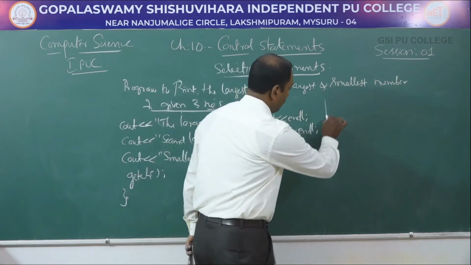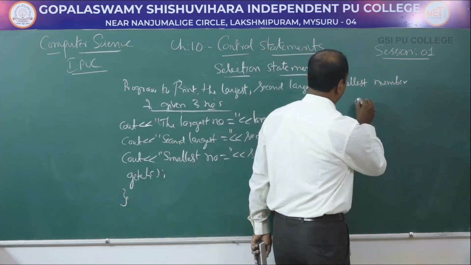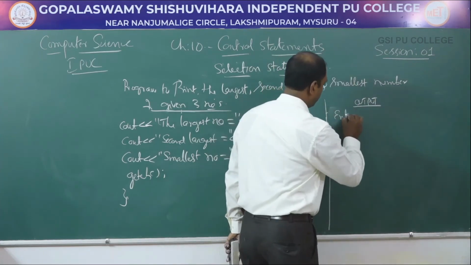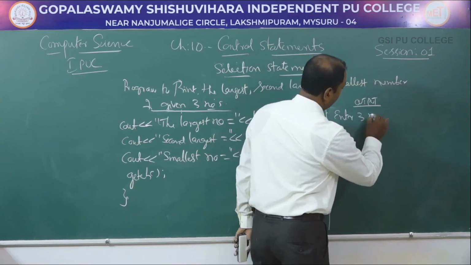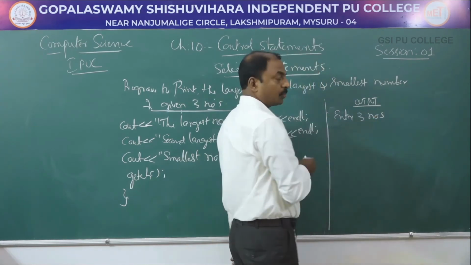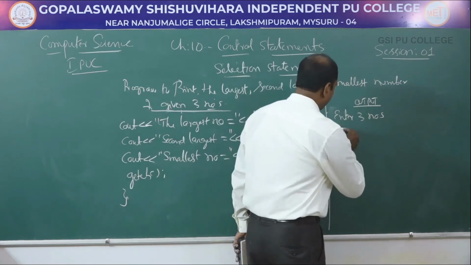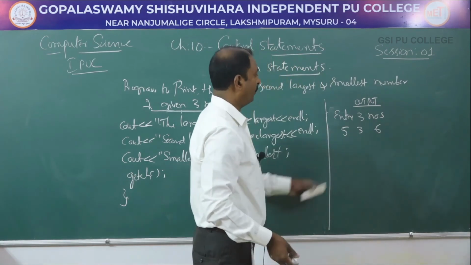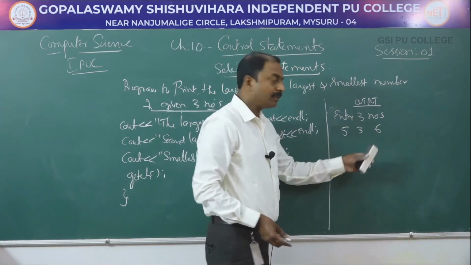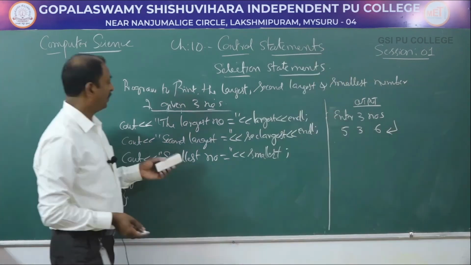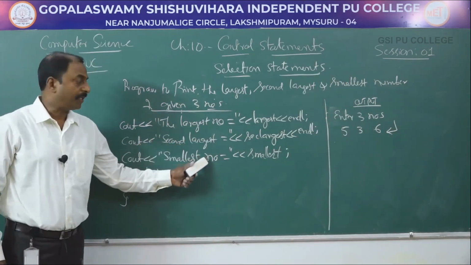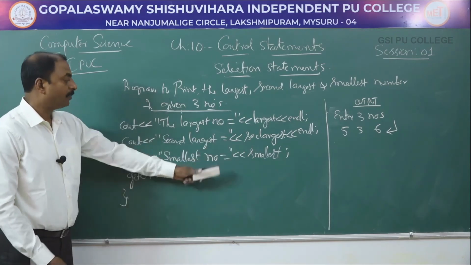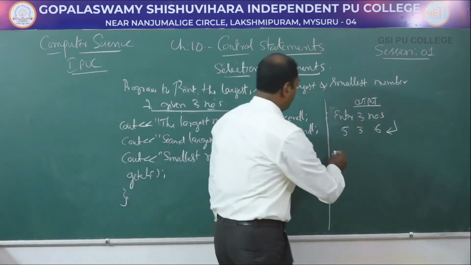the output would be: enter three numbers. Here we are supposed to enter three numbers. We can write 5 space 3 space 6. Press enter. What we have mentioned in the output statement, the largest number equals, the second largest number equals, and the smallest number equals. So it prints